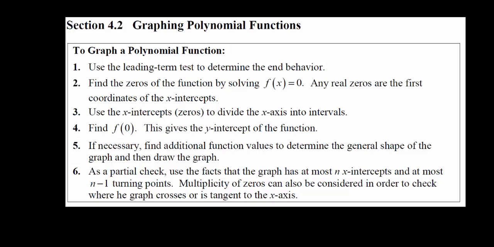And then to partially check, we can use the fact that the graph has at most n x-intercepts and at most n minus 1 turning points. Multiplicity of zeros can also be considered in order to check where the graph crosses or is tangent to the x-axis. Now in our first example,